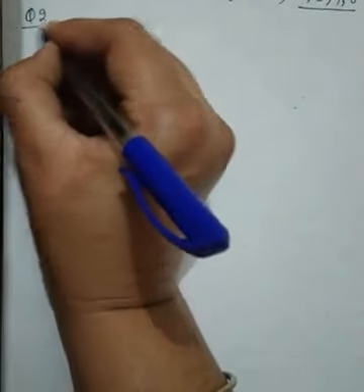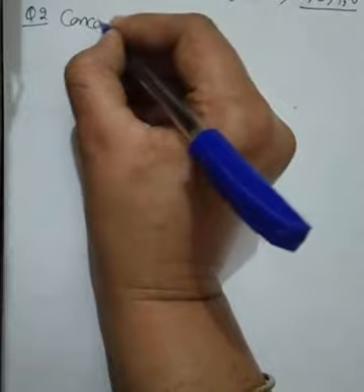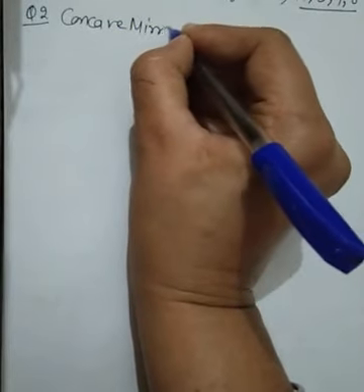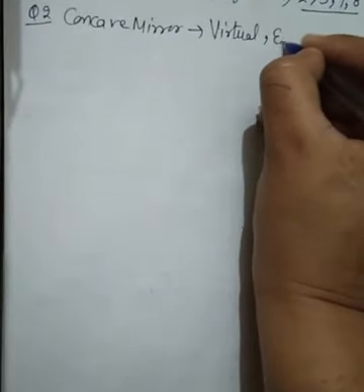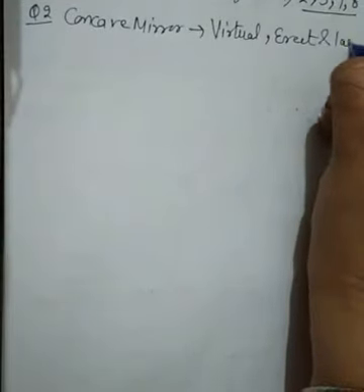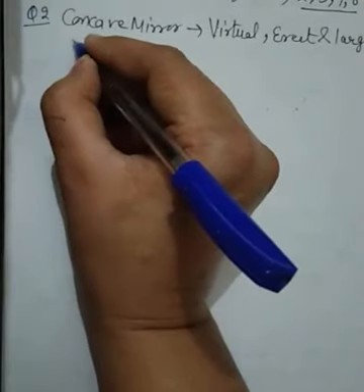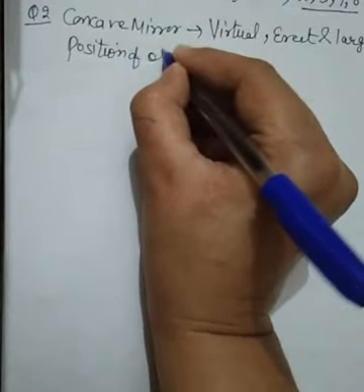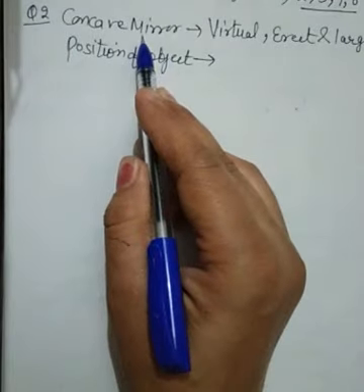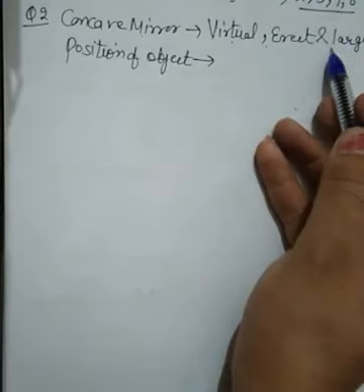What is given to us? The image formed by a concave mirror is virtual, erect and larger. The mirror is a concave mirror, and it forms an image that is virtual, erect and larger. We have to find out the position of the object. It means in which position the object is to be located, so that the concave mirror produces a virtual, erect and larger